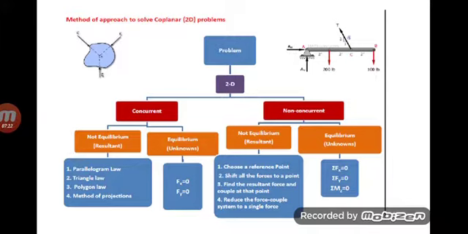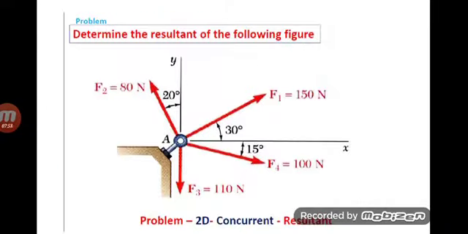So first, today we are going to see the 2D problem. We already know that in 2D problems there are two types, that is concurrent and non-concurrent. I have just zoomed in on the previous video here, where both 2D and 3D were explained. Here I have shown only the 2D. For concurrent forces, to find the resultant we have 4 laws, and to find the unknowns we have 2 equations. In the non-concurrent case also, to find the resultant we have 4 laws, and to find the unknowns we have 3 equations. Okay. So first problem.